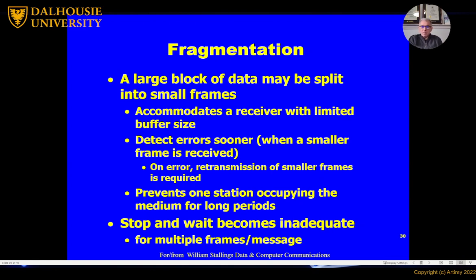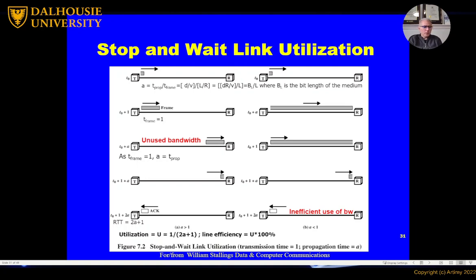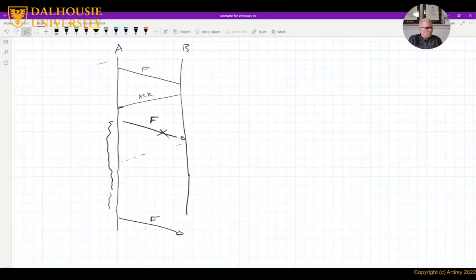here the slide says fragmentation. So when I send data in smaller fragments, sometimes it is more efficient, and we will see why when we talk about the link utilization. All right, so to explain this slide, I need to go back to my notes here. First of all, I'm going to compare communication